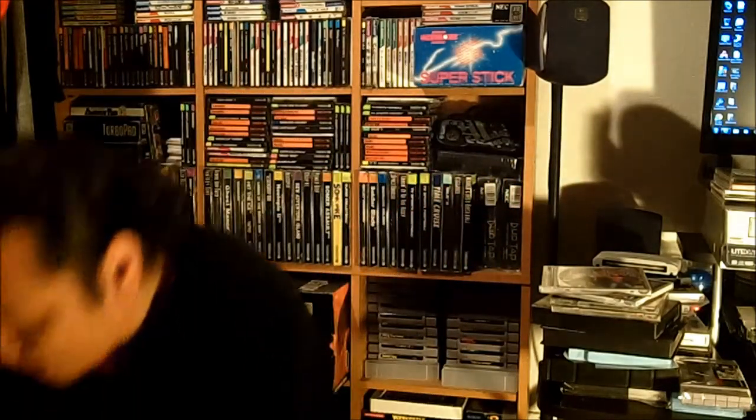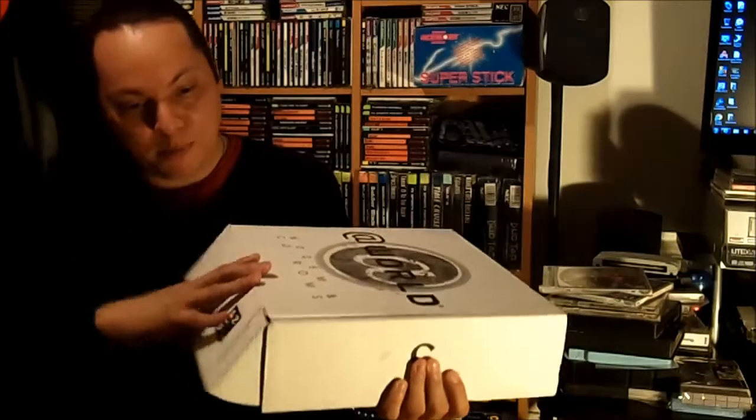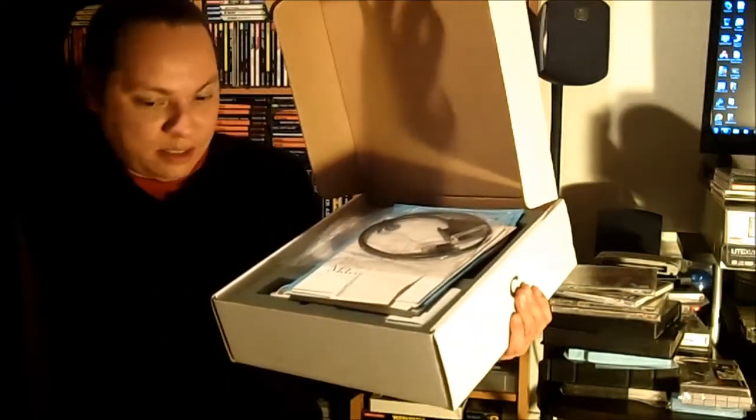There was a modem for it, which I got here. Here's the modem and CD-ROM stuff for it. Inside, you open up the box, and there's manuals, cables, a modem, power adapter. It's the software that it came with, which is pretty cool. There were also other accessories. You can find this At World model here and there on eBay once in a while, but to find it